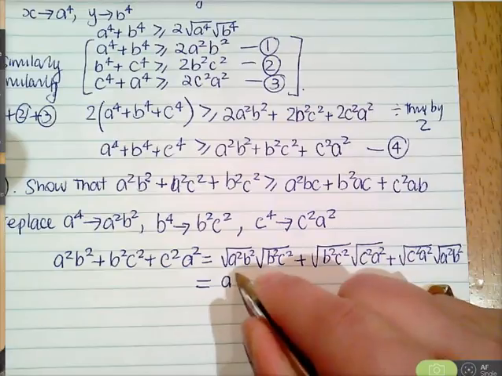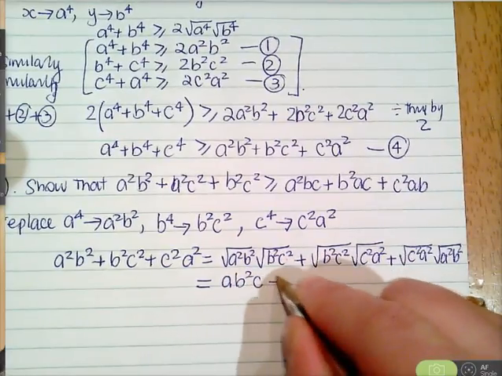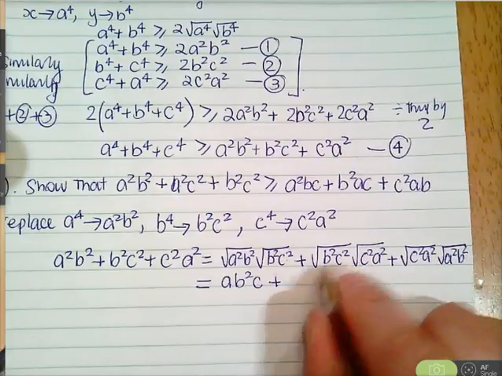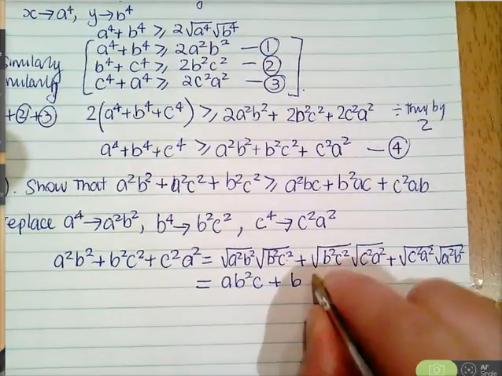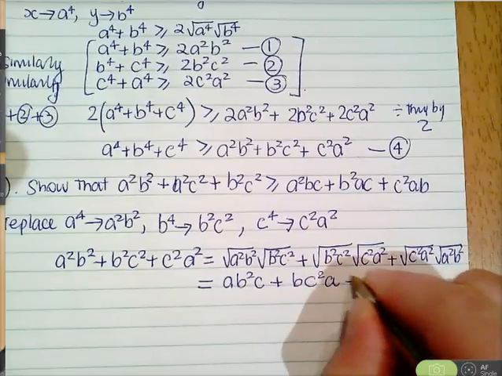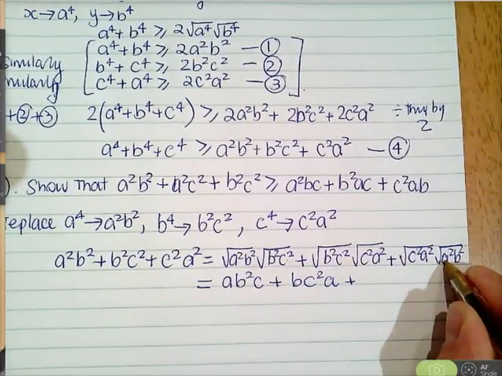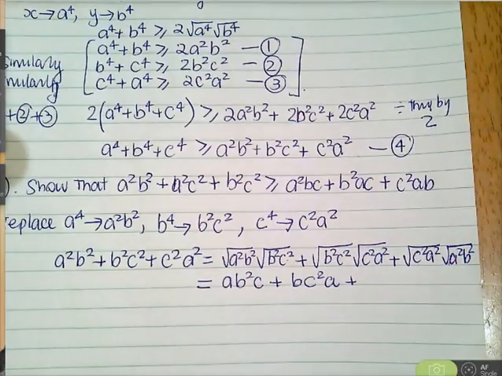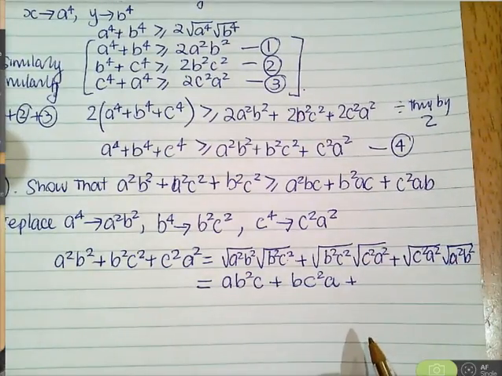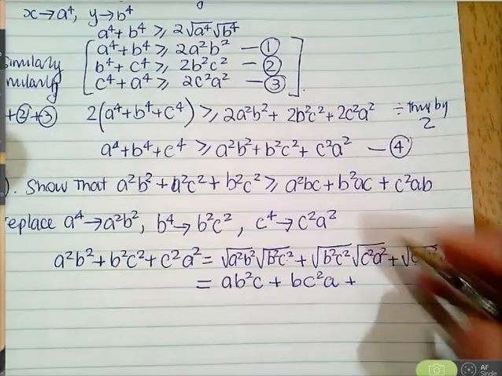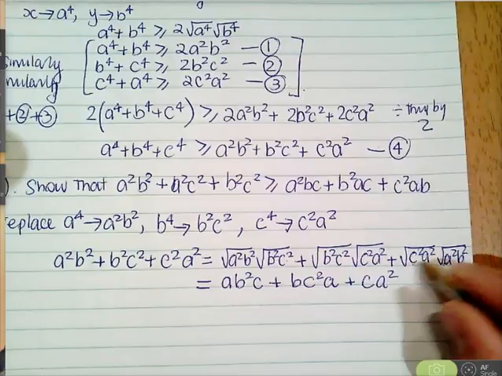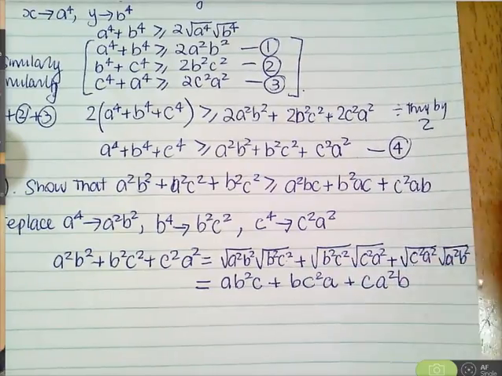B times B, which is B squared, and then we've got C, plus we get B, and we get C times C is C squared A, plus we get, one sec, just checking that, and then we'll get C, and then we'll get A squared, because it's A times A is A squared B. Okay,